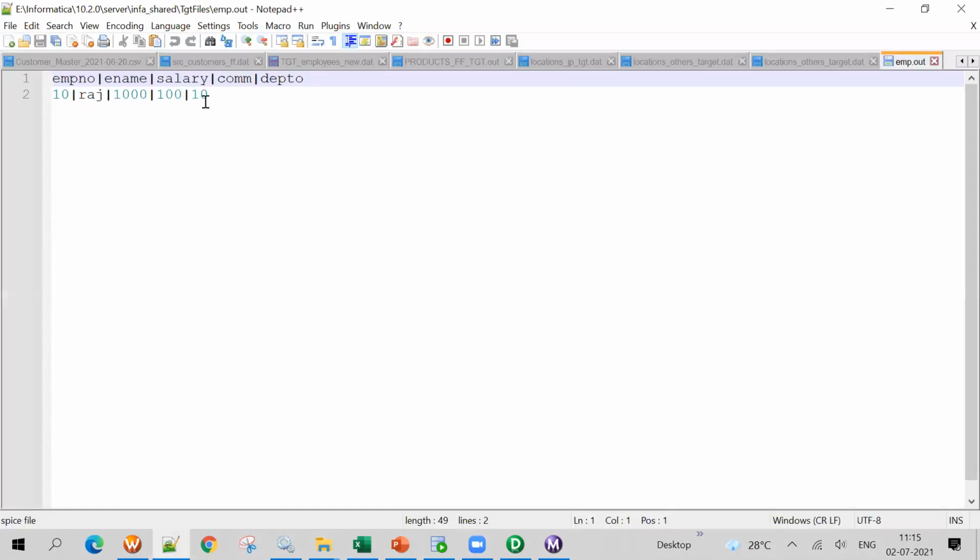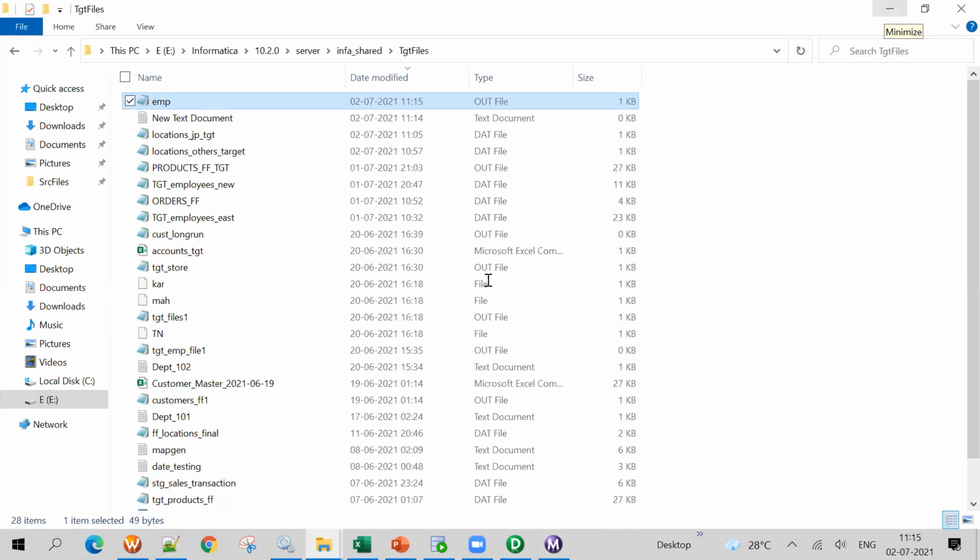It is a flat file now. All right. So if I want comma separated, I just have to put the comma. That's it. Any delimiter I can specify, right? Yes. All right. Thank you. Any other doubts, please?